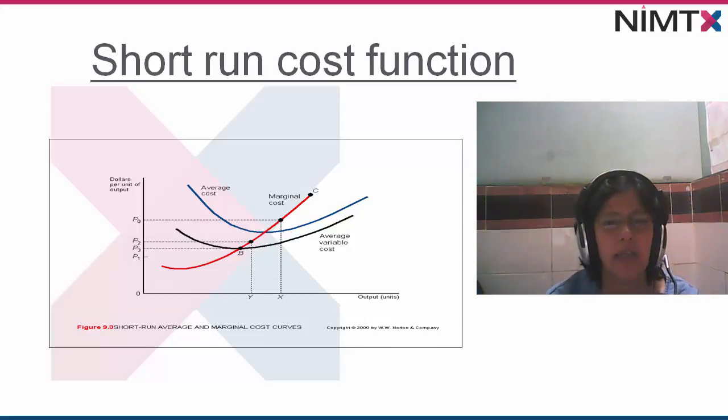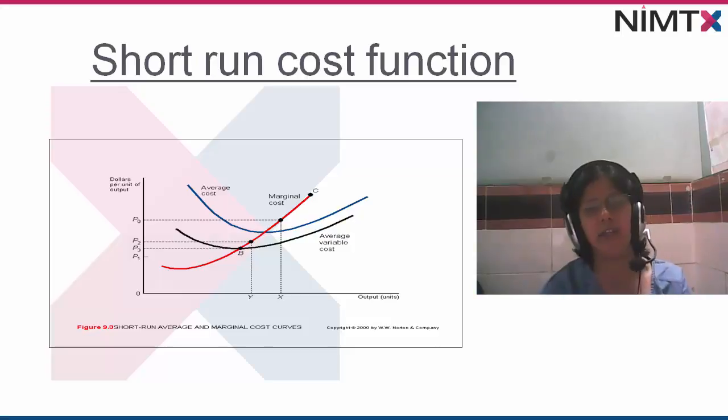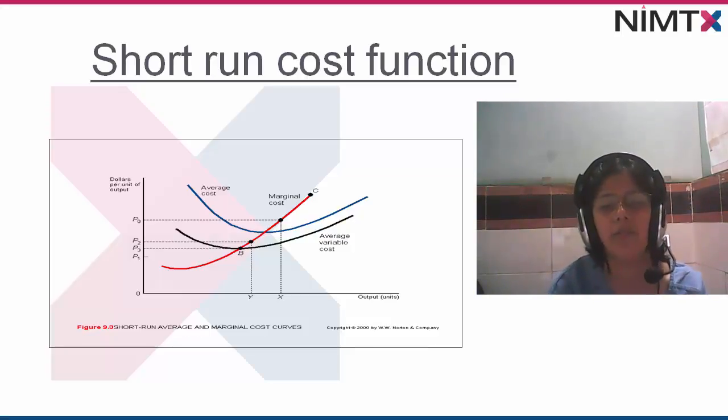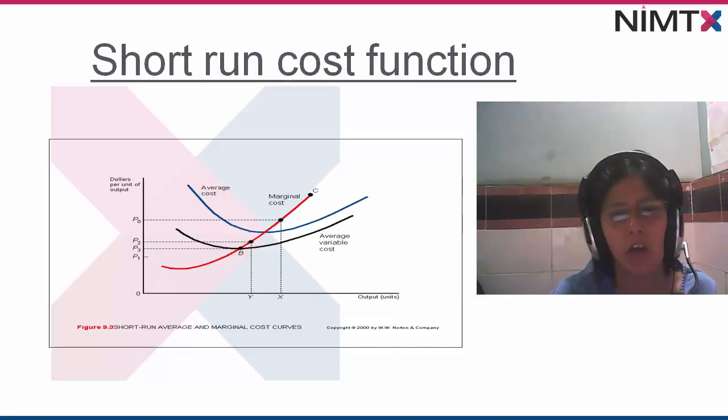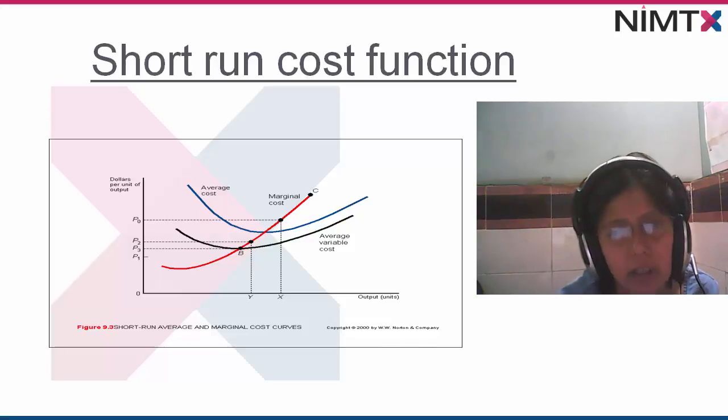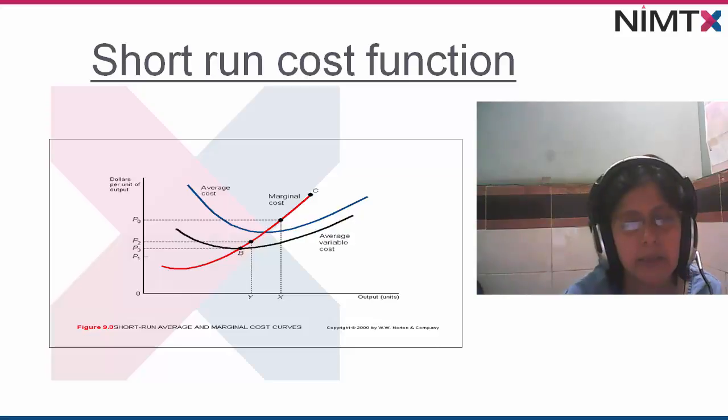The next thing we are going to study is the short run cost function, because in cost we are studying two curves. These are the long run cost function and the short run cost function. First of all, we are studying the curve of a short run cost function. Here we have a curve: on the x-axis we have output, on the y-axis we have dollars, and here we have average cost, marginal cost and average variable cost. The point where both of these